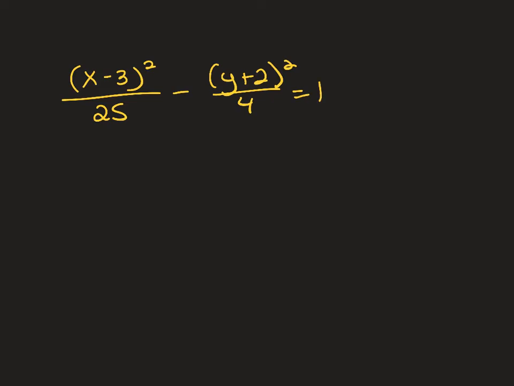Okay, so just like before, you can either get given the equation to find information or the information to find the equation. So let's do an equation first. (x minus 3) squared over 25 minus (y plus 2) squared over 4 equals 1. All right, so from the actual equation, there's so much information you can find just by looking at it. First of all, because the x comes first and the y is the one with the minus, this is horizontal,